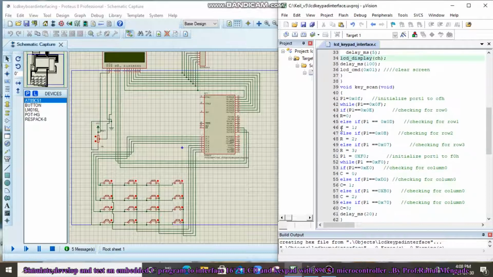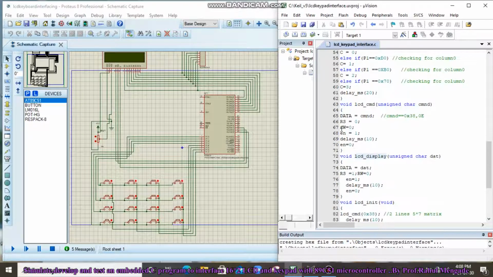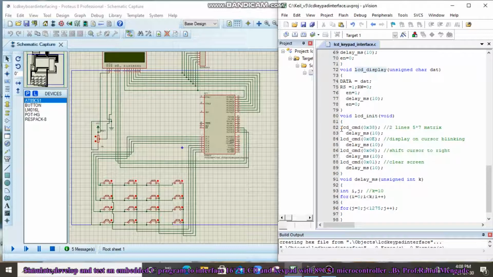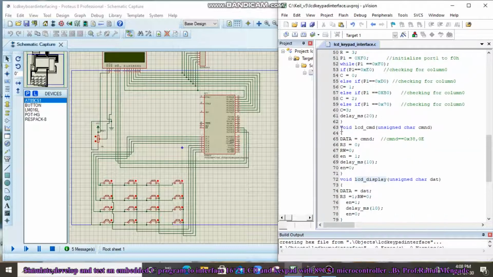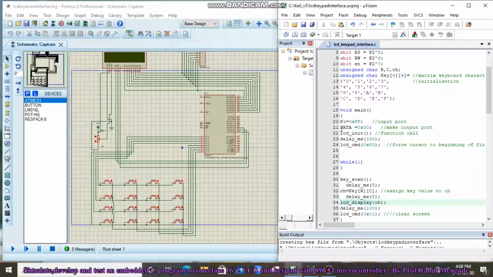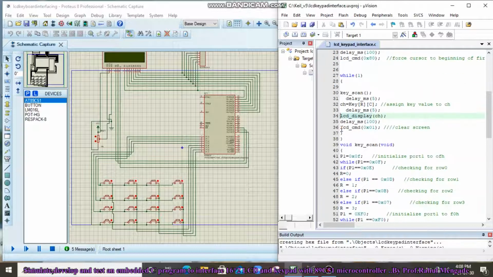Then a 100 millisecond delay is generated, and to clear the screen the 01 command is passed to the function LCD underscore cmd, correct?